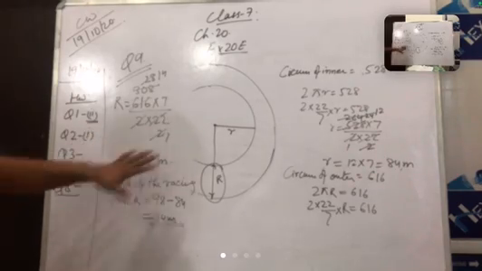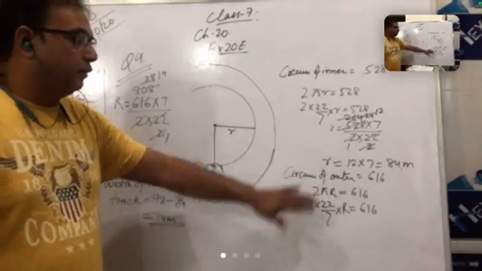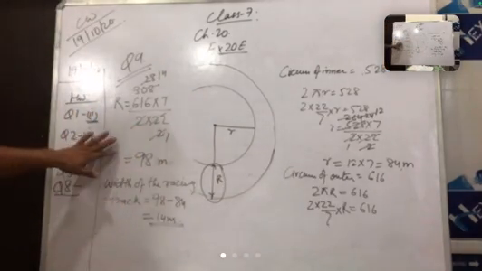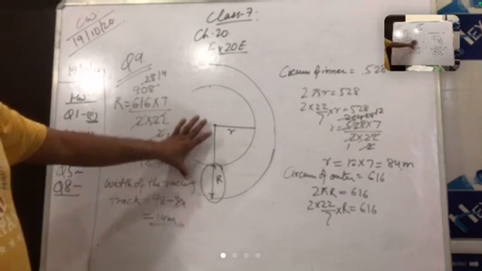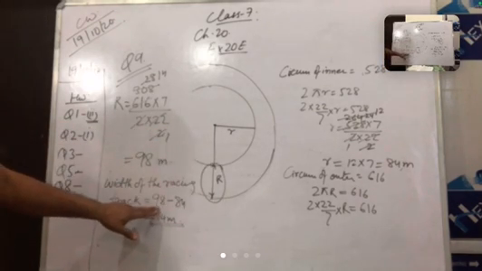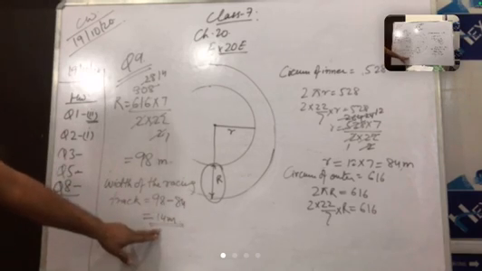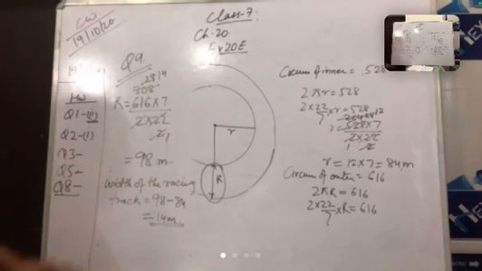Okay, good. Now there are two circumferences. From the two circumferences, you have to find the radius, and then the width of the racing track is equal to 98 minus 84, the difference of the two radii, small r and capital R. So 98 minus 84 is equal to 14 meters. This is the width of the racing track.